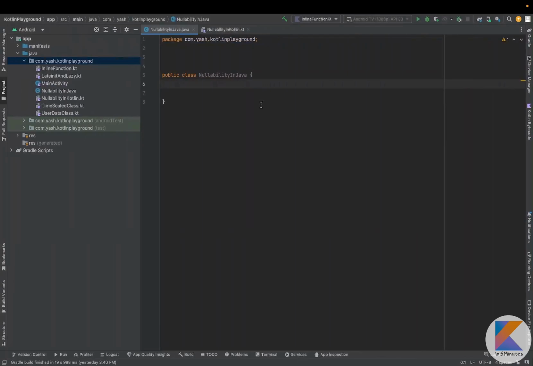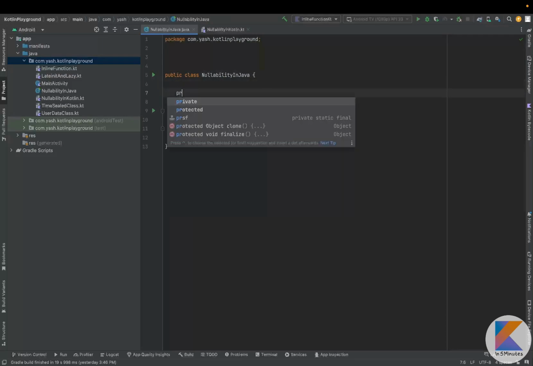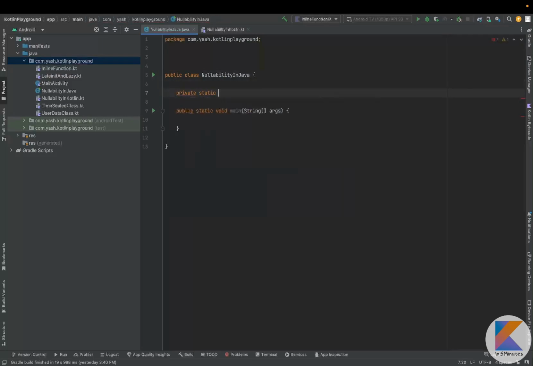Before discussing nullability in Kotlin, we will discuss the limitations in Java and why we need nullability in Kotlin. So let's say we have a variable, private age equal to 30, and let's say we want to initialize this age to null after